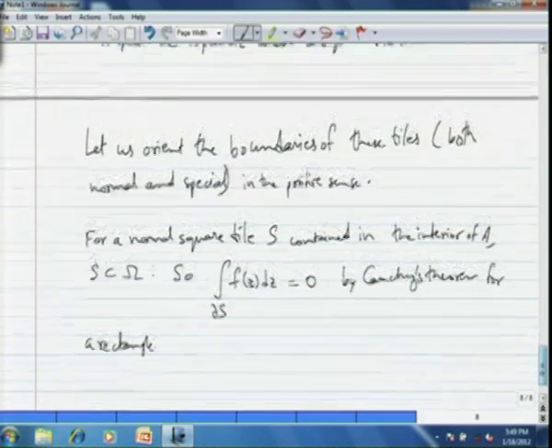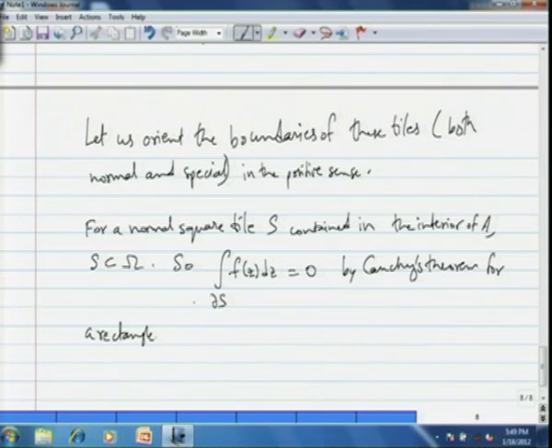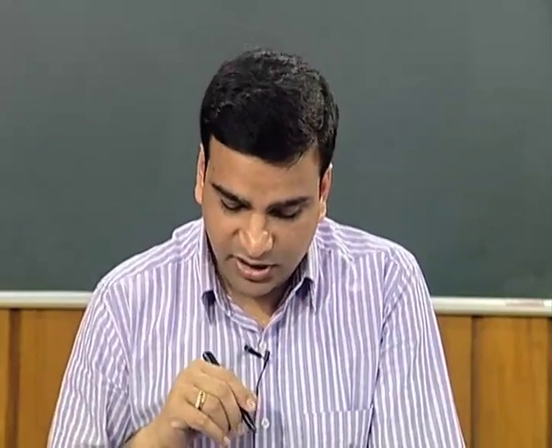Okay. So, here that symbol stands for boundary of S oriented in the positive sense. Once the integral is 0, actually the orientation does not matter, but we want to keep the positive orientation for reasons which will be evident shortly. So, on the boundary of S, the contour integral of f is 0 by Cauchy's theorem